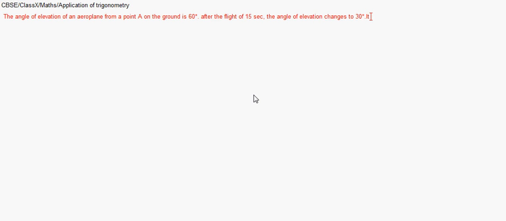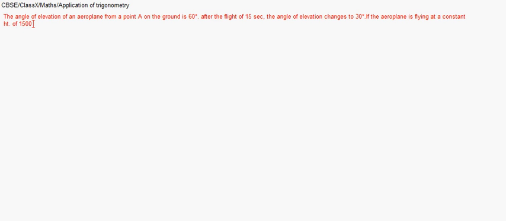Now the question is, if the aeroplane is flying at a constant height, that means it is just flying horizontally,